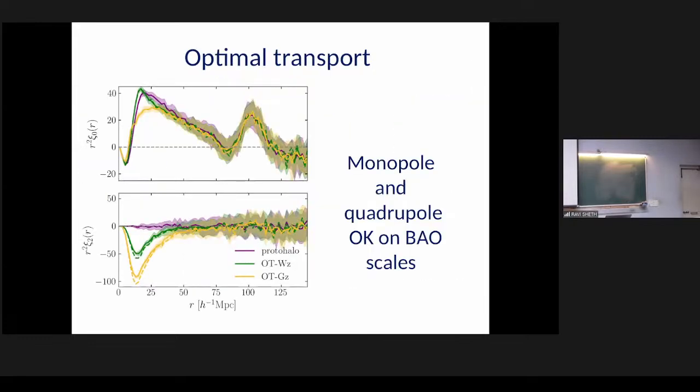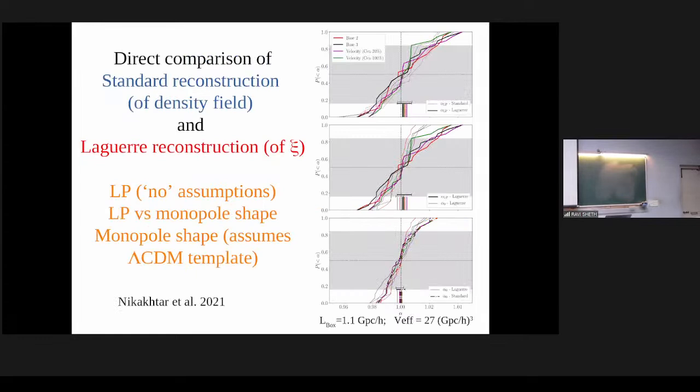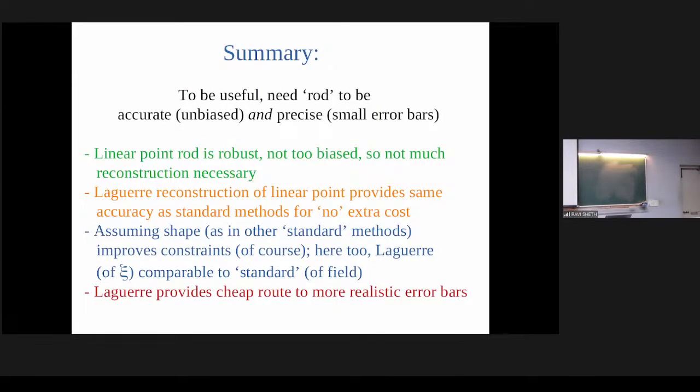This is a little bit of detail about how we do the redshift space distortions, but then we put the summary. So in all these things, we would then measure the linear, because that's the nice system to measure. If you do a Bayesian thing, then you would say, well, you're measuring 1 point, so you will get larger error bars than if you are willing to guess a full shape. If you're willing to guess a template shape, then you will get better error bars. So it depends on how agnostic you want to be about what the shape should be, or what your error bar on the distance measurement should be.